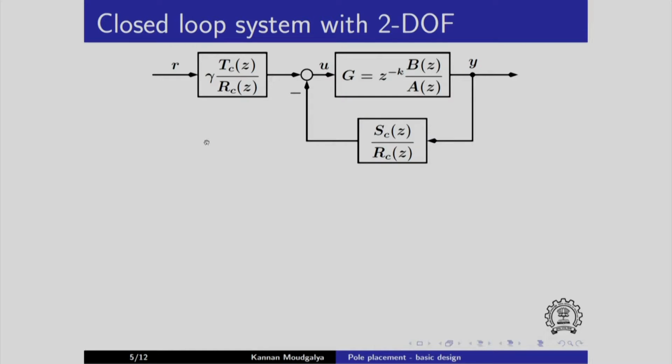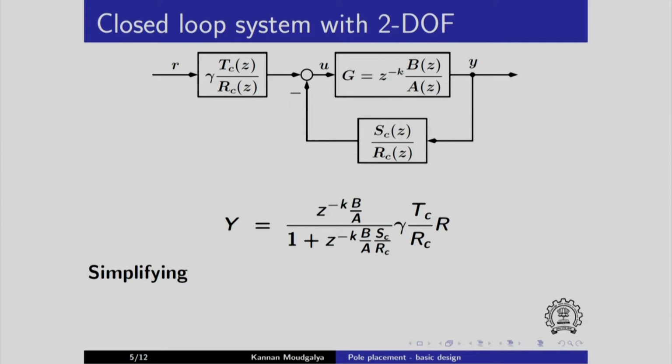For this system, we will determine the closed loop transfer function. Let us evaluate plant output y. Y is equal to what we have in the numerator divided by 1 plus product of these two. So I have multiplied the gains of these two. I have written it here. Of course, I am writing this without explicitly stating the argument z times whatever we have in the front. This is the closed loop expression for the plant output y.